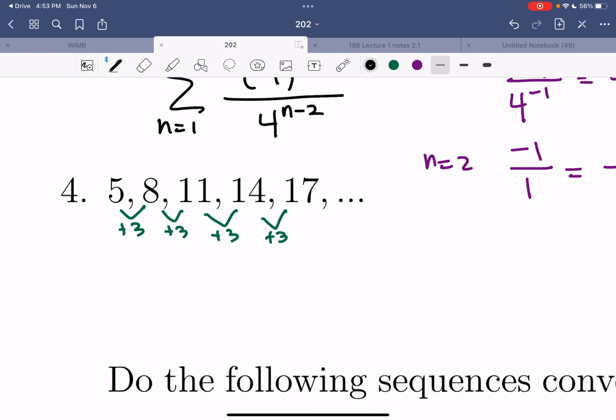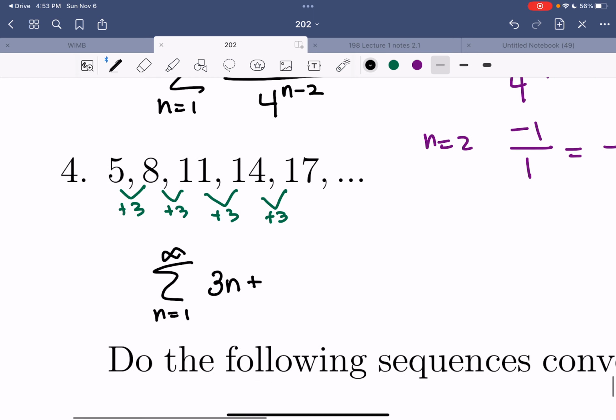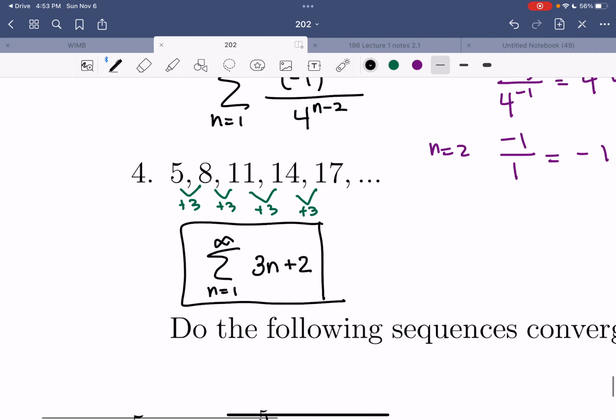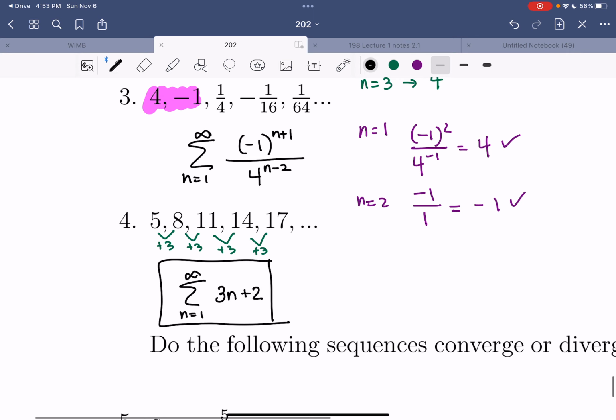So that means I'm going to have the sum, n equals 1 to infinity. And I'm going to go 3n. And then what do I need to add if I plug in 1 to get 5? If I plug in 1, I get 3. So I've got to add 2 to get to 5. And again, you can check some of the other numbers. So those are our 2 where we are